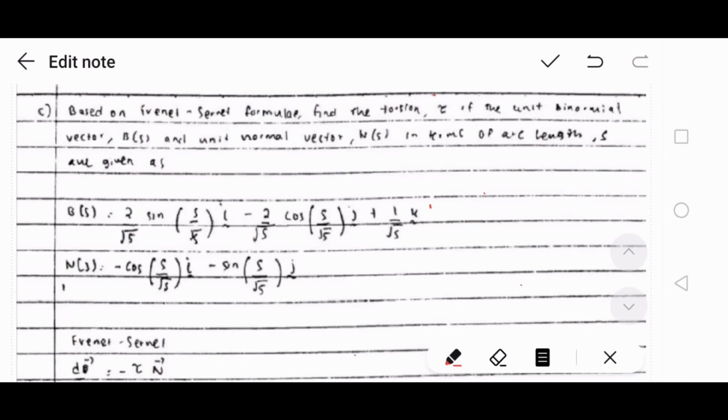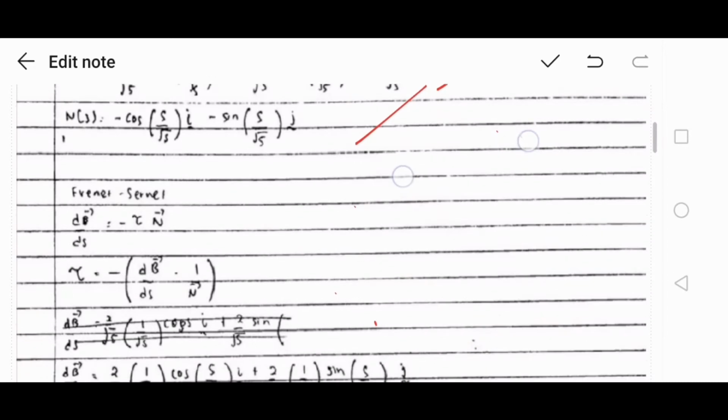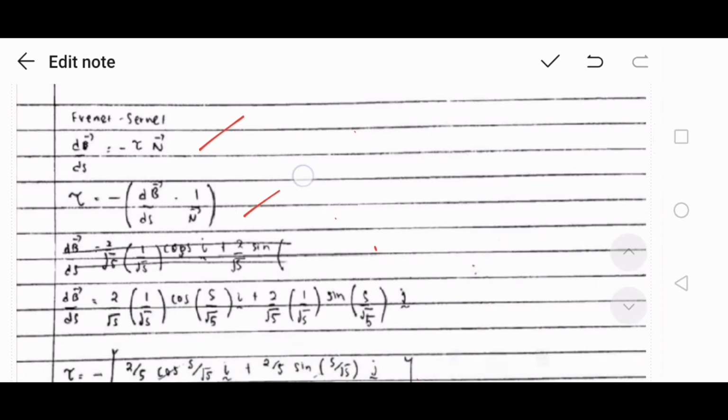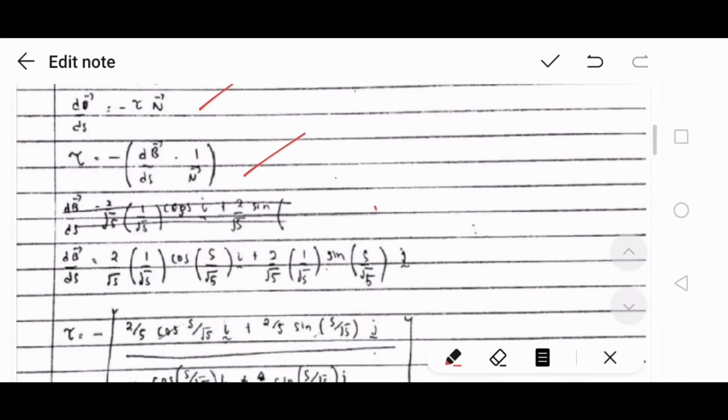Okay, for question 2c, based on the Serret-Frenet formula, find the torsion if the unit binormal vector B(s) and unit normal vector N(s) in terms of arc length are given as B(s) and N(s). This is the Serret-Frenet formula, and this is the formula for torsion. First we must find dN over ds, and we get 2 over square root